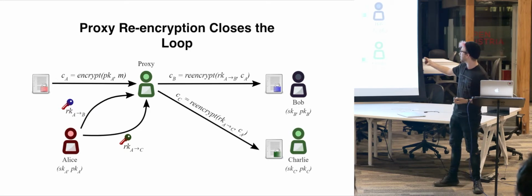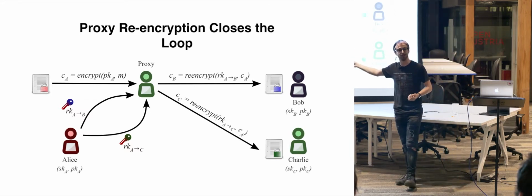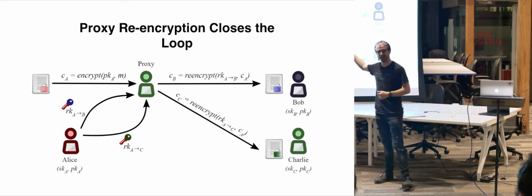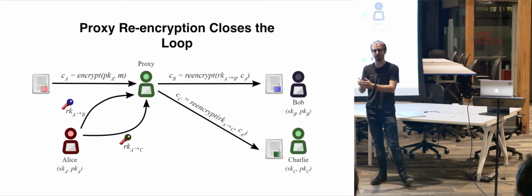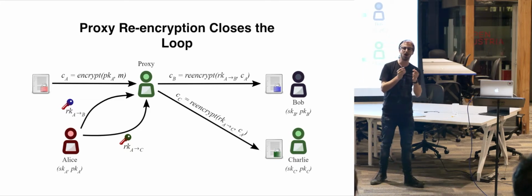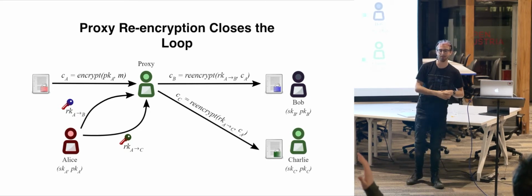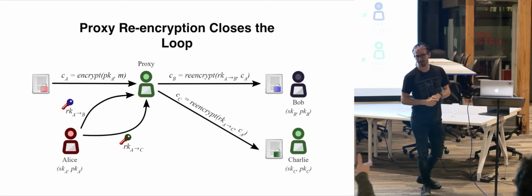What actually happens here is that when ciphertext is encrypted under Alice's public key and then it's gone through a transformation from a re-encryption key, it actually transforms the ciphertext from Alice's key to Bob's key, or whoever the recipient is, in what we call an atomic manner, meaning that it just transitions right then without doing any further operations. Yeah? So Alice will send this data to the proxy, and then when the proxy sends it to